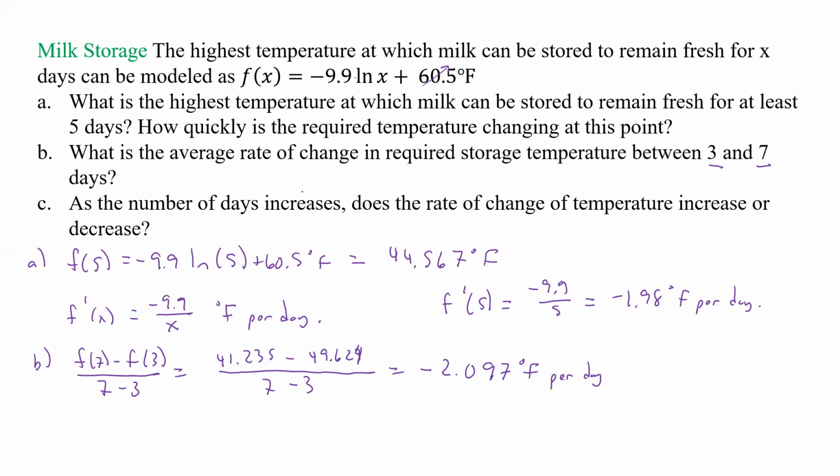Now, as the number of days increases, does the rate of change of temperature increase or decrease? Okay, well, if we're looking at the derivative function here, the output is always going to be negative no matter what day we put in, because negative 9.9 divided by whatever day it is is going to be a negative number. As we go further and further, that's going to get closer and closer to 0, because if we're at like 20 days, that's basically 10 divided by 20, which is a half. And then we keep going closer and closer to that 0 value. So we're going to say always negative